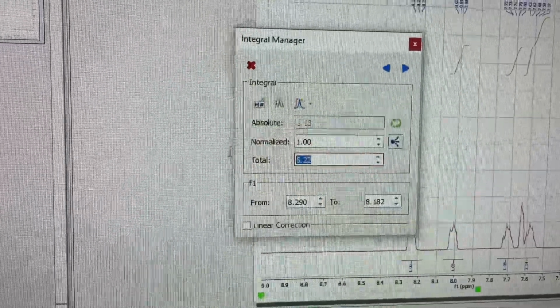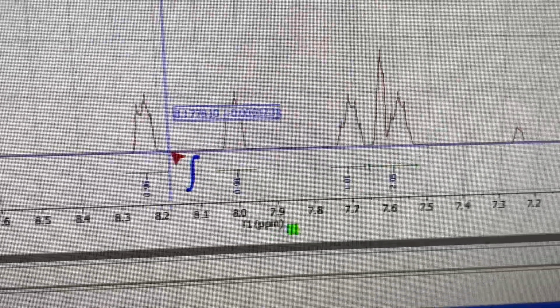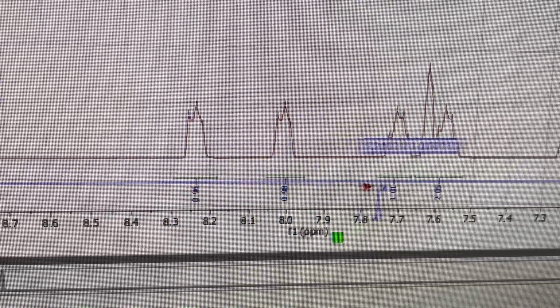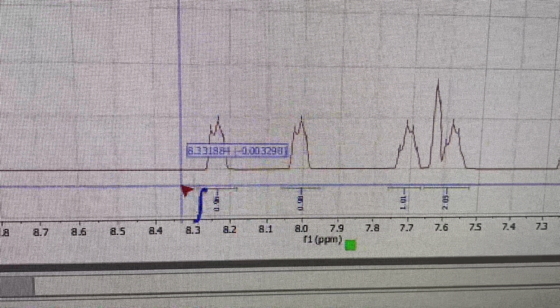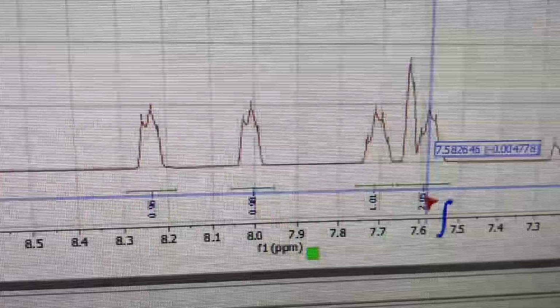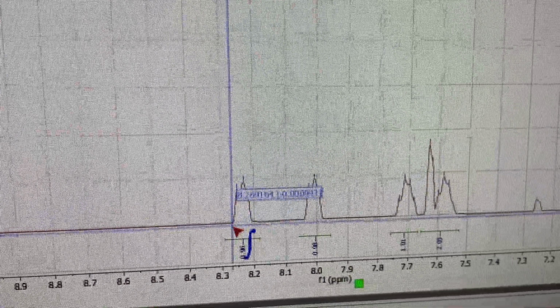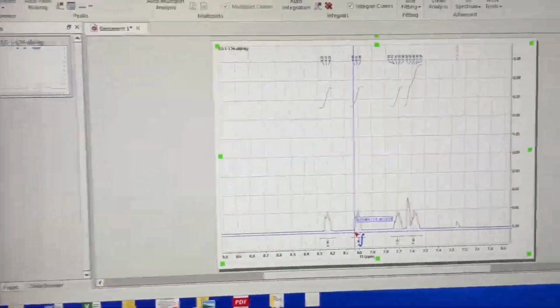If you know the total number of hydrogens, like let's say it's supposed to be 5, then that will be reflected in the integration here. So what I did is I set that to be 5, and those 5 protons are distributed among these 4 integrations I did. So it's still roughly 1 to 1 to 1 to 2, but it's a little bit different set of numbers depending on the exact integration for each peak. So hopefully that makes sense. And